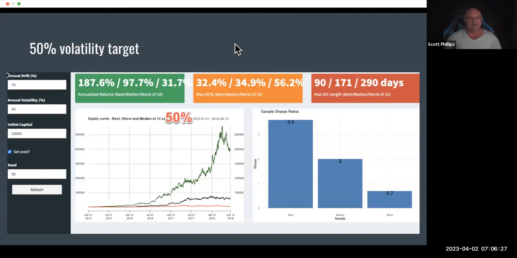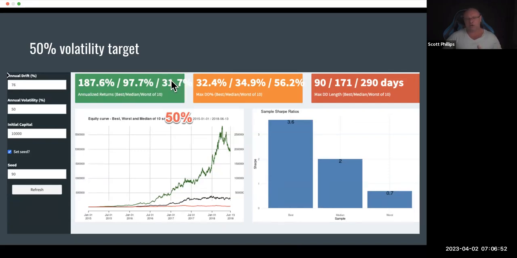So let's run that again. This one, we've got some luck. Our average result is 97%, 100% a year compounding, turning 10,000 into 10.2 million in 10 years. Our best result is so much above that it's ridiculous to even think about it. I wouldn't think anyone could expect to be that lucky. It could happen, but I wouldn't expect it.